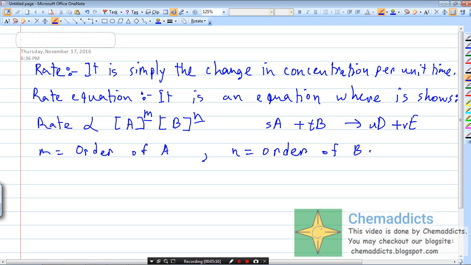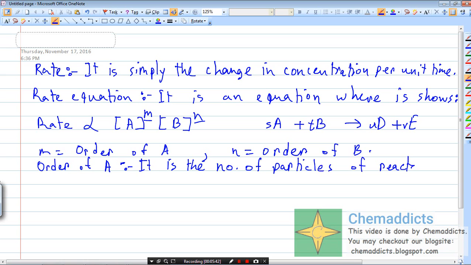Now the question might arise from you fellas: what does this order mean? So order simply means the order of A. It is the number of particles of reactant A which are involved